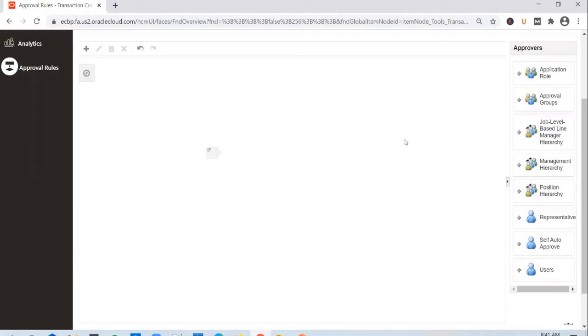So the moment you add a management hierarchy to the approval rules, you can determine how many approval levels are required. So if you say 1, say I log into the application and submit the request, and ABC is my manager. ABC will receive my request, the job that I have created, for approval. And once he approves it, the job gets created.